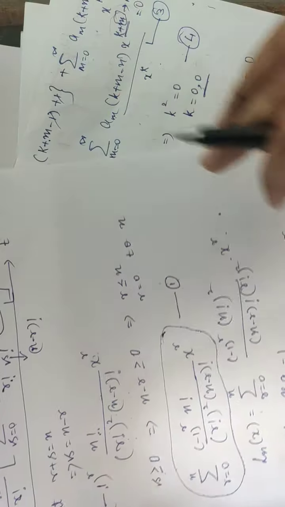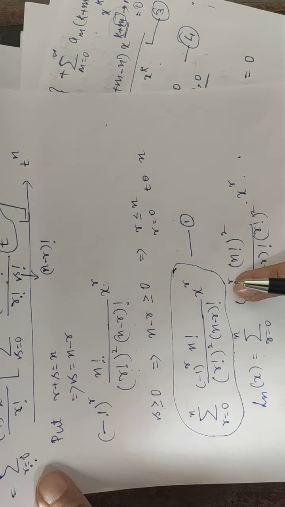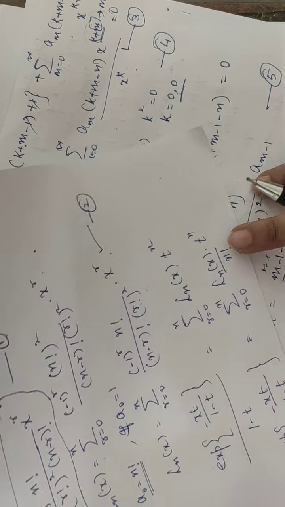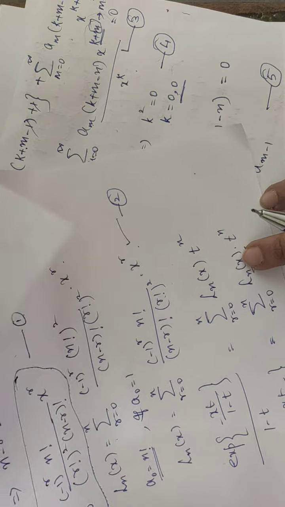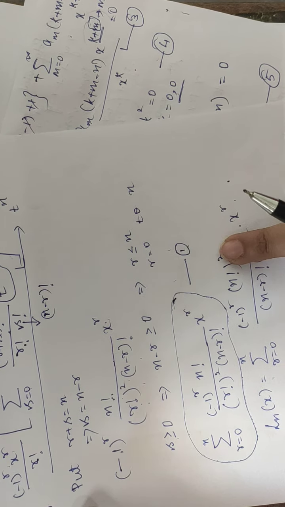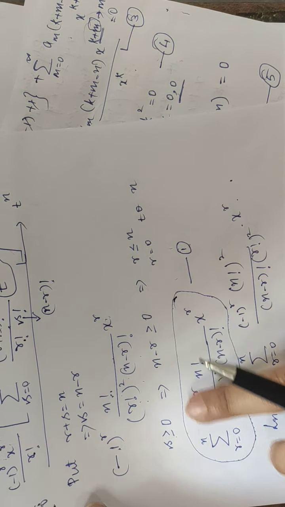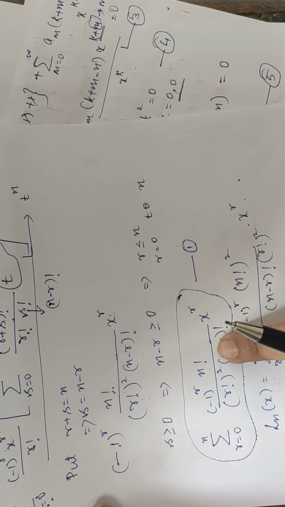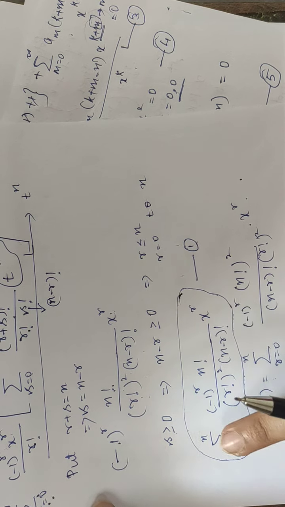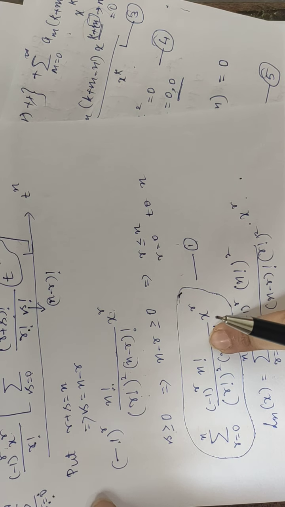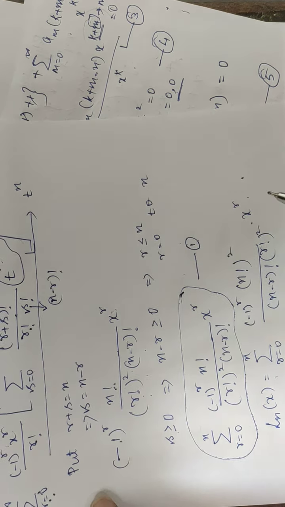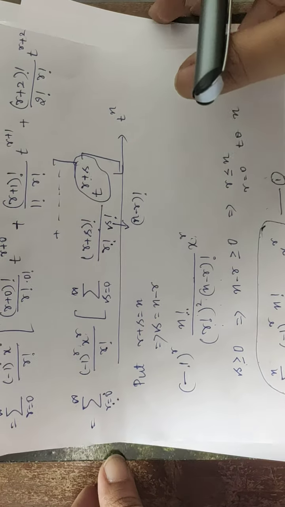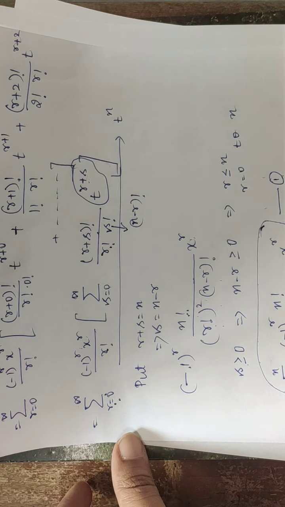If you substitute this definition into your generating function, this n factorial gets cancelled with this n factorial. Again you will get the same equation number 1. So it will not create any difference to the expansion of your LHS part. So you can write it in both ways, no problem. This is all about your generating function. Next we will move to recurrence relation.